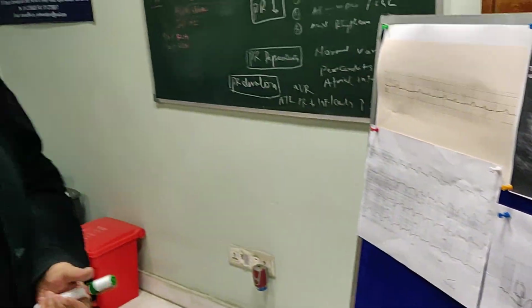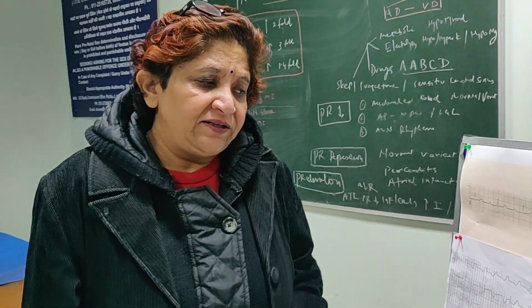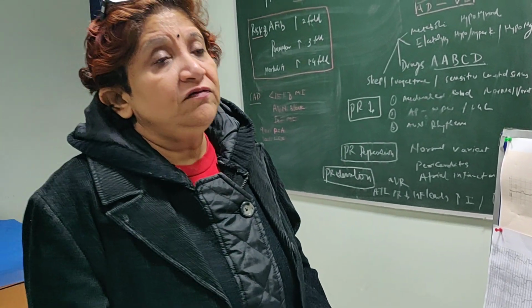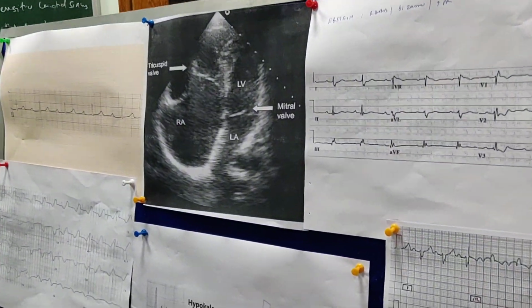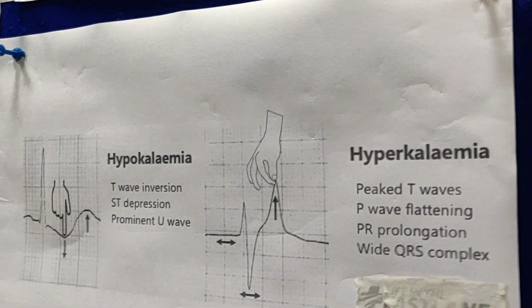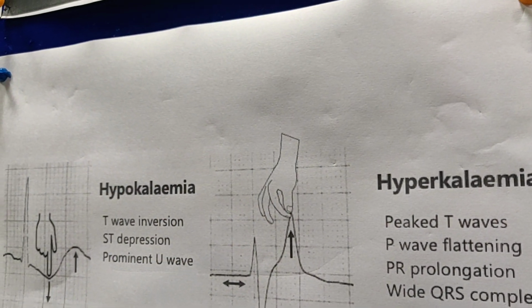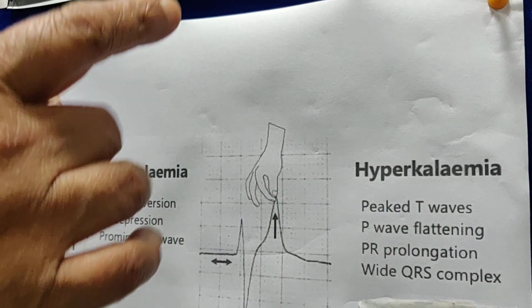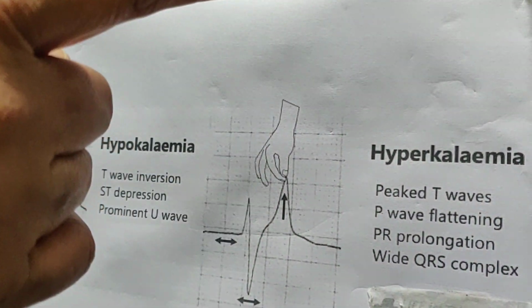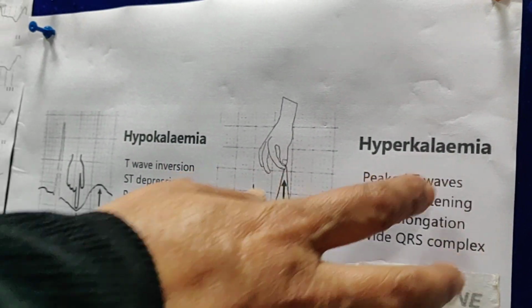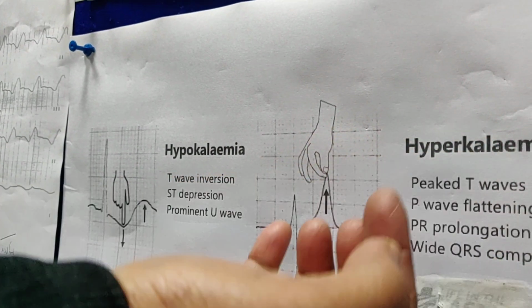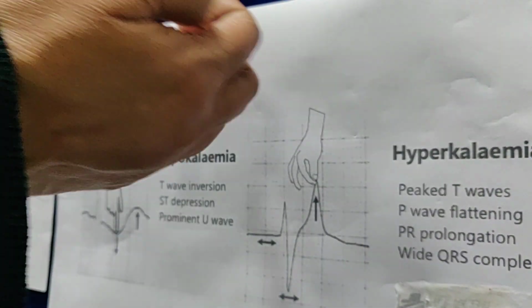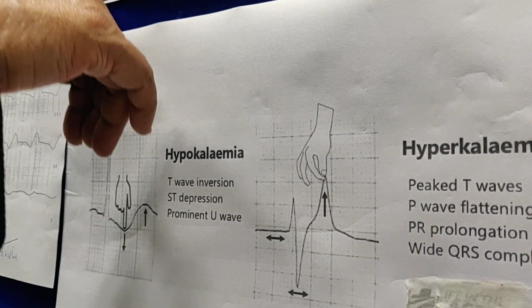Now I will show you the ECG of electrolyte imbalance, that is hyperkalemia. We come across hyperkalemia in clinical practice very, very often. Now this picture I have taken from litfl.com, and I think it's a very good depiction. Hypokalemia also will cause PR prolongation. Hyperkalemia also causes PR prolongation. And this is a push and pull phenomenon. In hyperkalemia you are pulling the T wave, and in hypokalemia you are actually pushing the T wave.